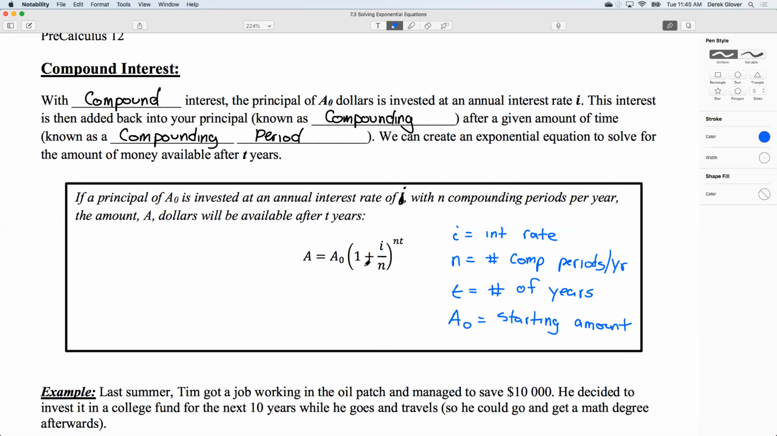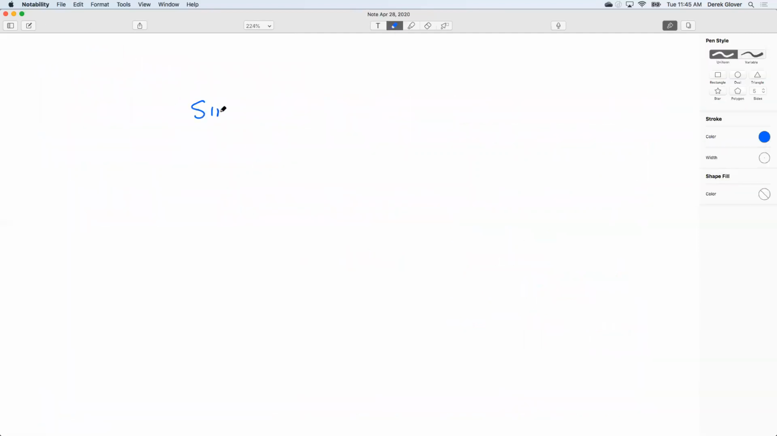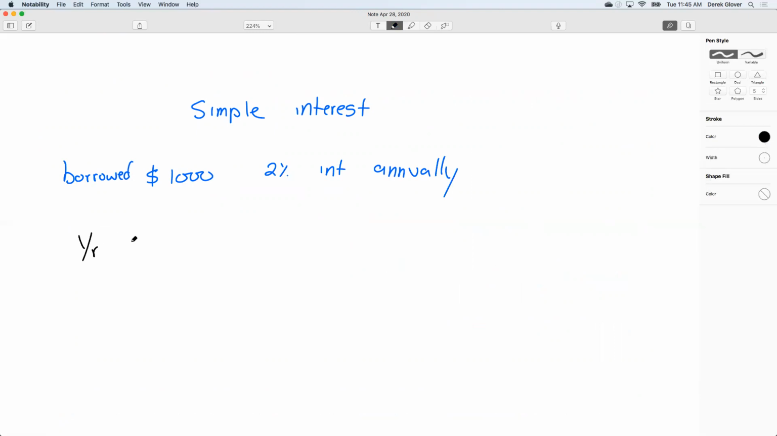Now, there's a couple different types of interest. There's simple interest and compound interest. Simple interest just means that every year you get the same amount of money back. So maybe I'll switch the screen here. Say we're doing simple interest. Let's say you borrowed $1,000 and you're charged, I don't know, 2% interest annually. So if we were doing simple interest, and let's just say year 1, 2, 3, and interest earned,